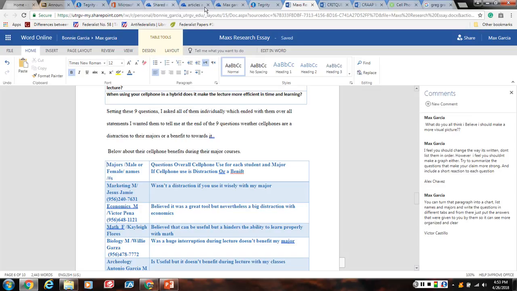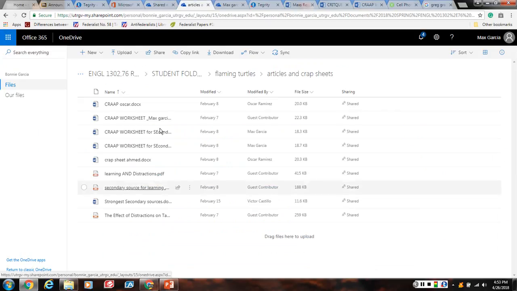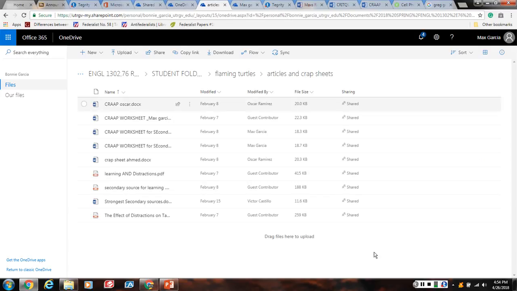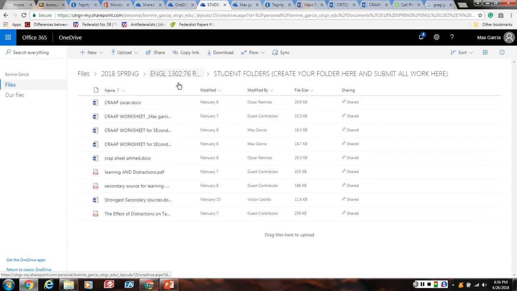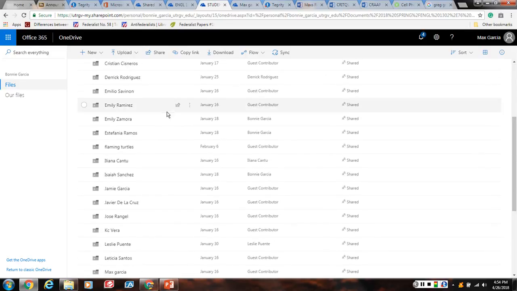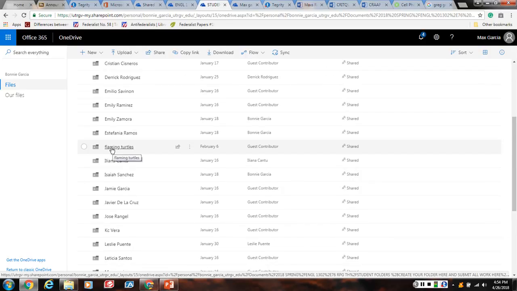So in this folder that we have some folders here. And here's the folders, and then from there we go to the student folders, and me and my group, which is me, Oscar, Victor, and Alex, came up with this name, Flaming Turtles.